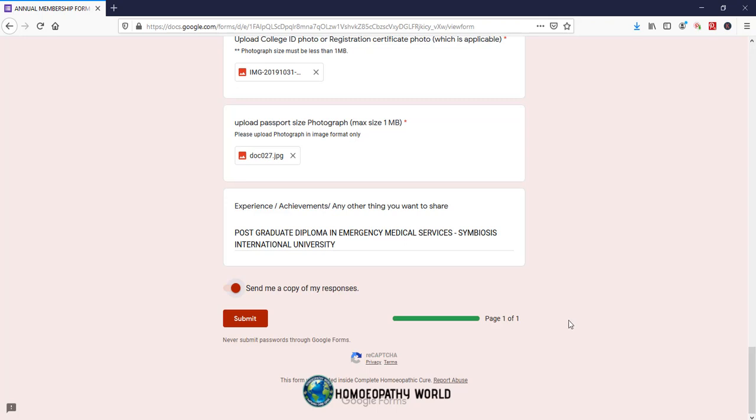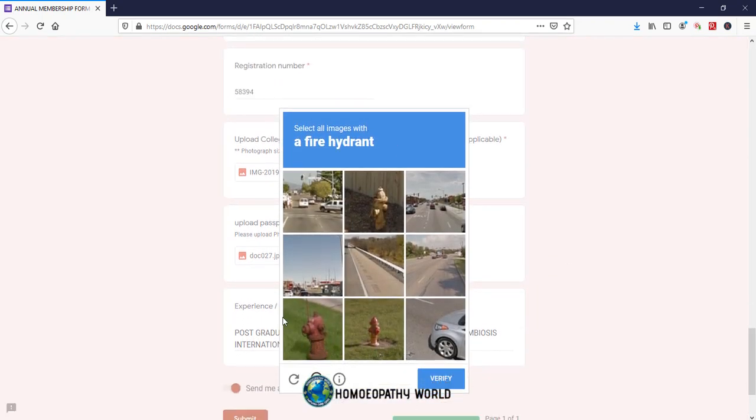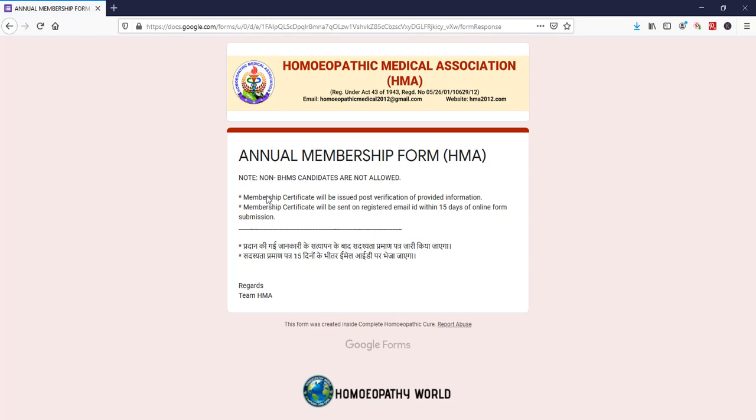As you can see, I have filled my form and I'm going to click on submit now. Let's see what happens. It is asking me to verify my identity. So I'm just going to verify. Select all images with a fire hydrant. So I guess, yeah. So here you can see annual membership form HMA.